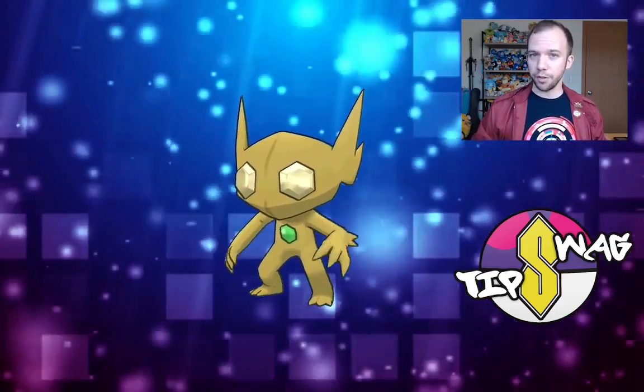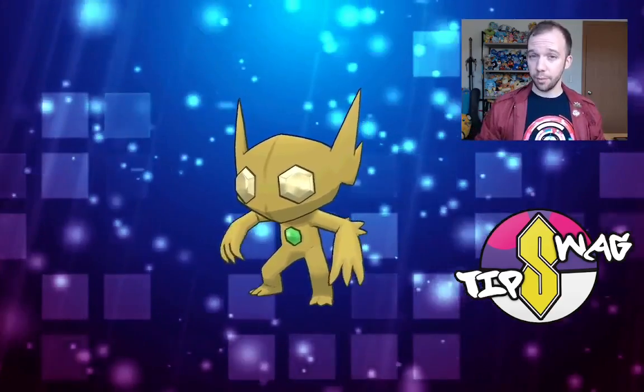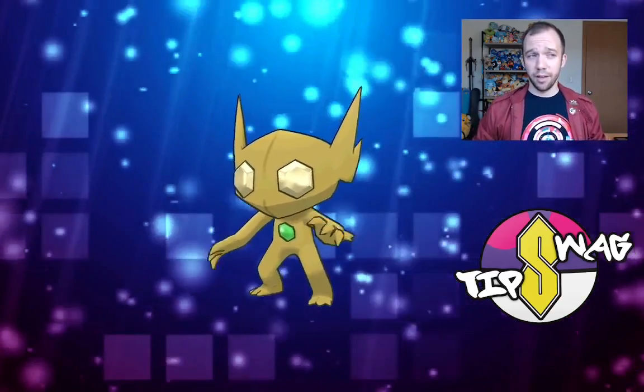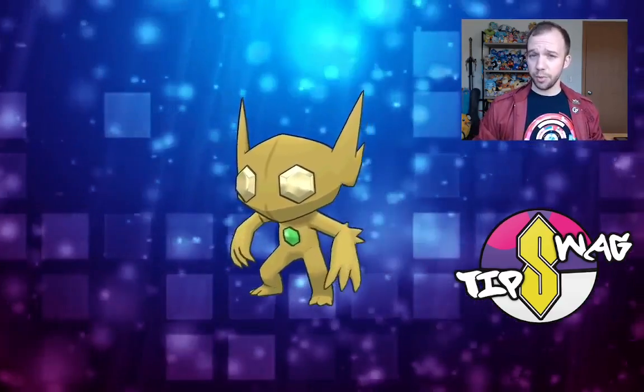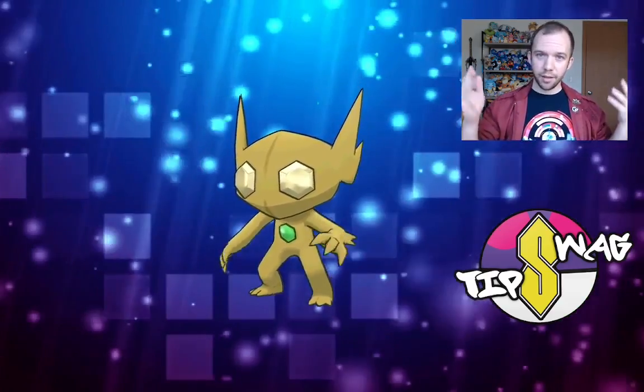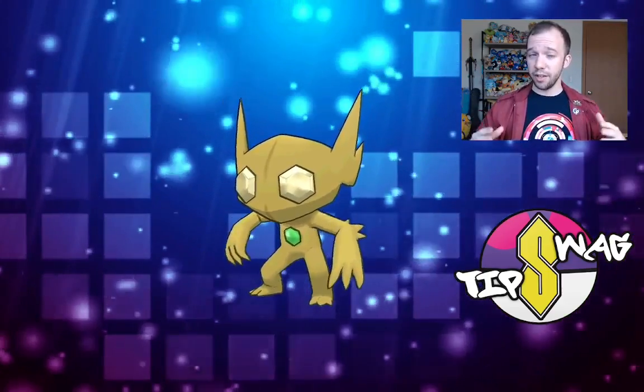Also in this video, I'm going to validate why you really want to have that Return, the purified Sableye, over the Power Gem Sableye. And the rationale isn't that Return is just that good, it's really because Power Gem is just that bad. And even if you've already built an XL purified Sableye already, you're really going to want to